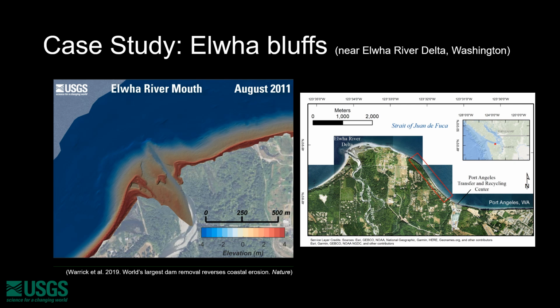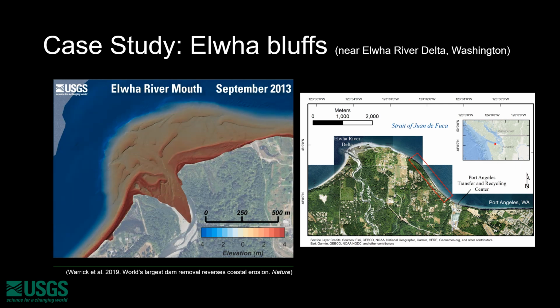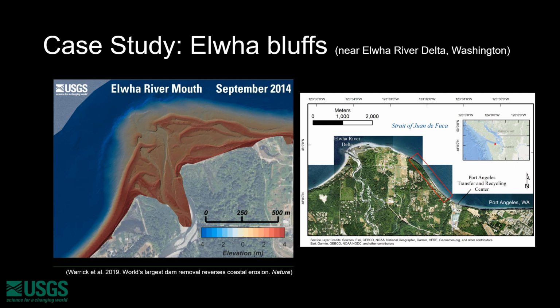The driving force behind the initial collection of these photos was the large dam removals from the Elwha River, and that restored connectivity between the ocean and the river itself, and really resulted in a large flux of sediment towards the coast and potential building of the beach. So these photos were initially collected to try to evaluate how the bluffs may have changed in reaction to these dam